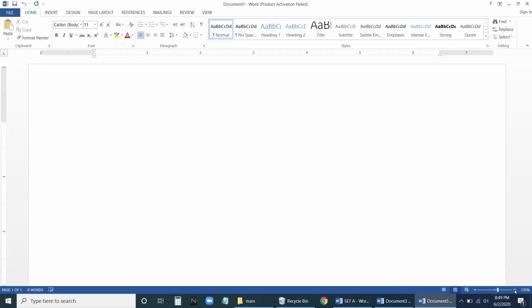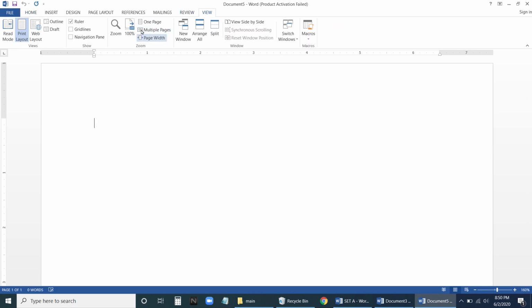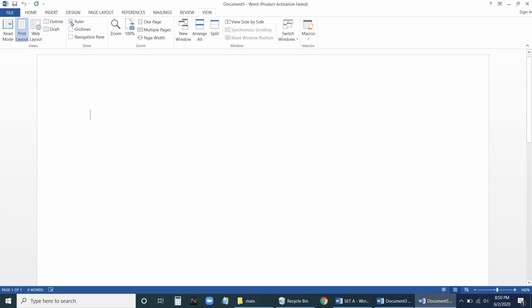Now here I am at 160%. So it's depending upon your preference, you can zoom it accordingly. So I'm keeping at 160% here. Sometimes you will not get this particular ruler here. To have this ruler if you don't have, you can go to the View here. Click on this. See, if I uncheck this ruler, the ruler will go. Now the ruler has come. So make sure this particular ruler should be there.